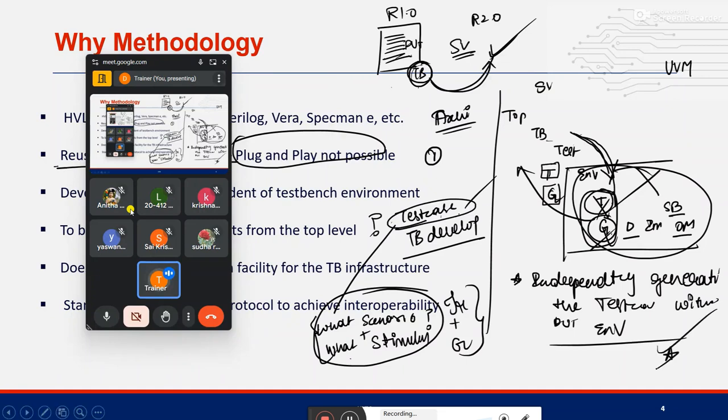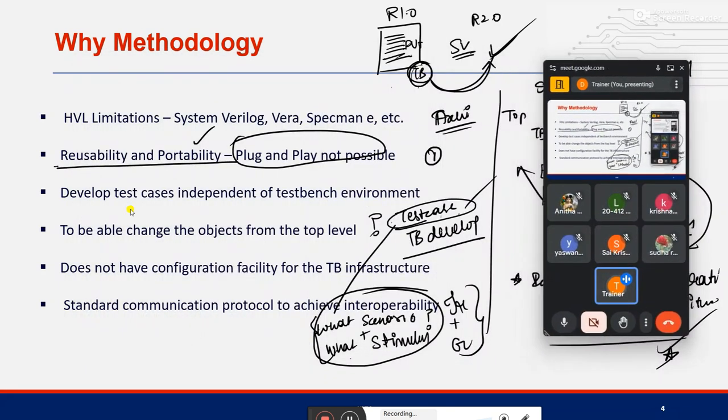Whenever they ask you the advantage of UVM, this point should 100% come there. Because this is a major drawback that we are eradicating in the SV architecture. The architecture hierarchy is the same, but we are making some changes to improve the quality of the test bench. So first make a note of this and we'll discuss the complete figure of the architecture.